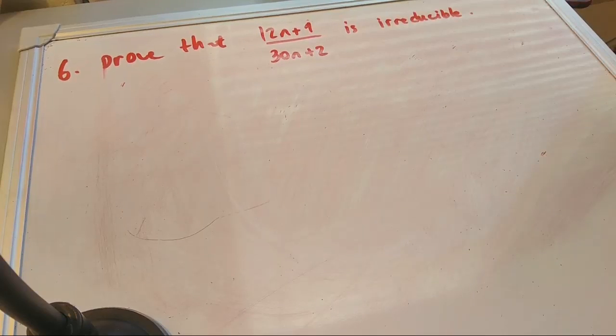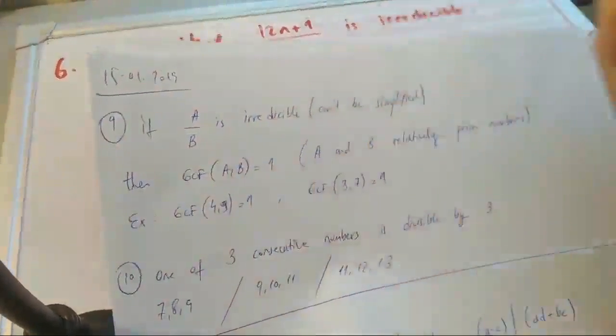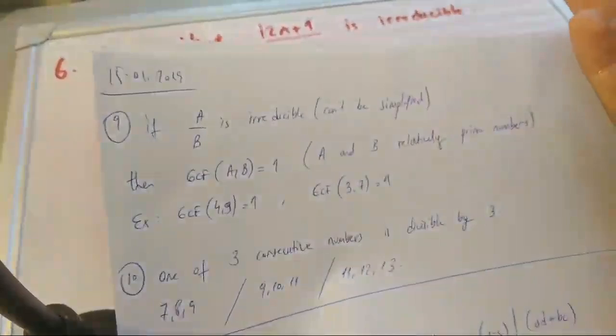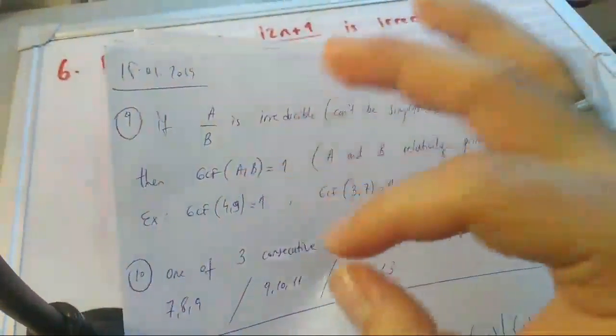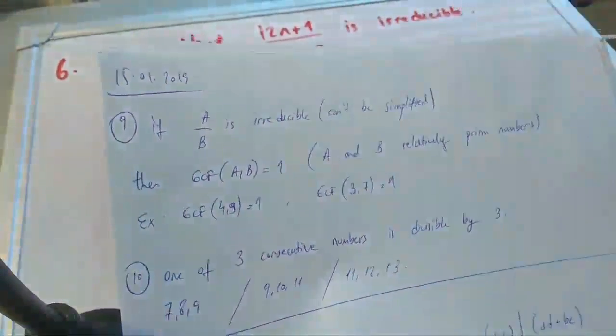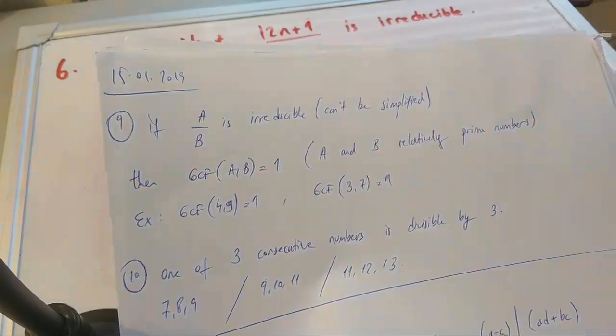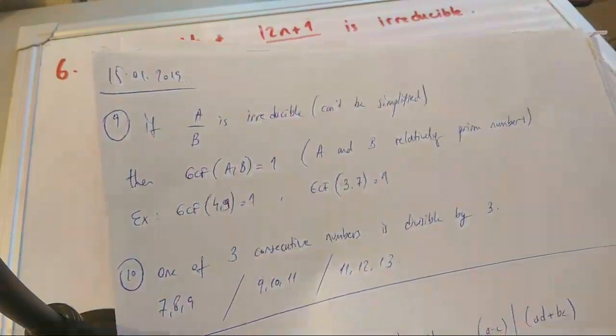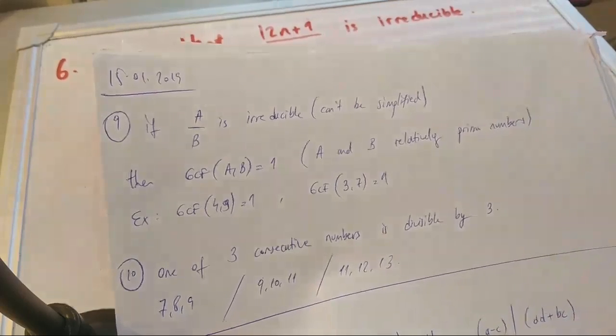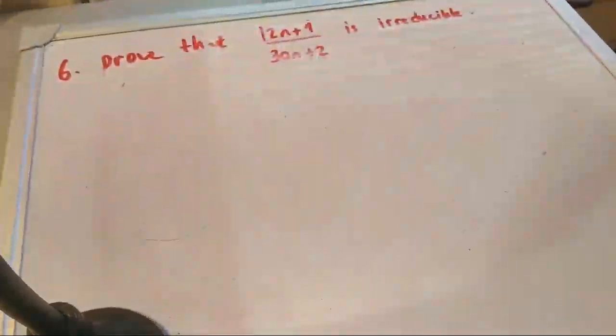Remember the property. Let me find this. I'm looking for my notes. Yes, here. If A over B is irreducible, it cannot be simplified. So we said that the greatest common factor of A and B is 1. As you remember, A and B have special names. They are called relatively prime numbers. Okay, so when we solve it,